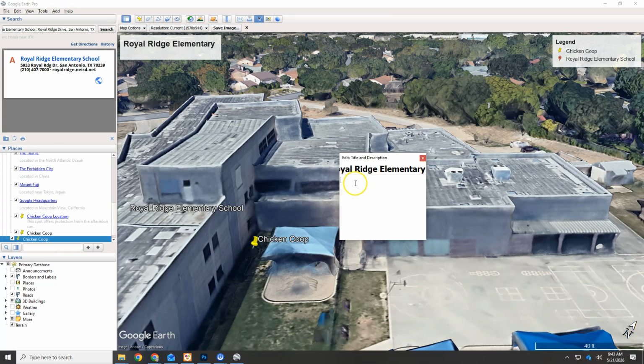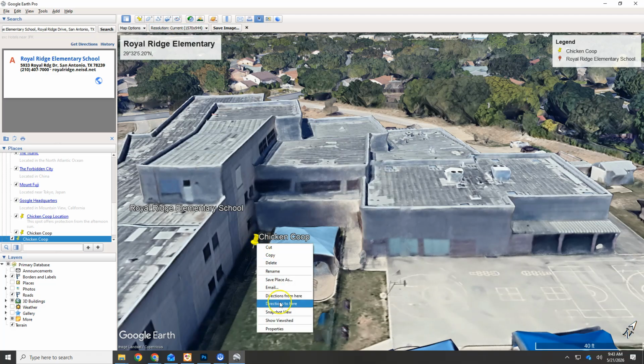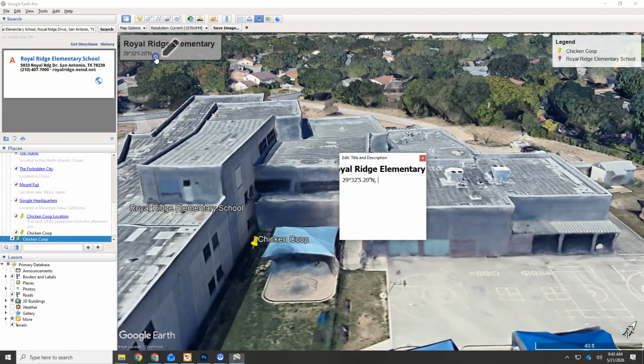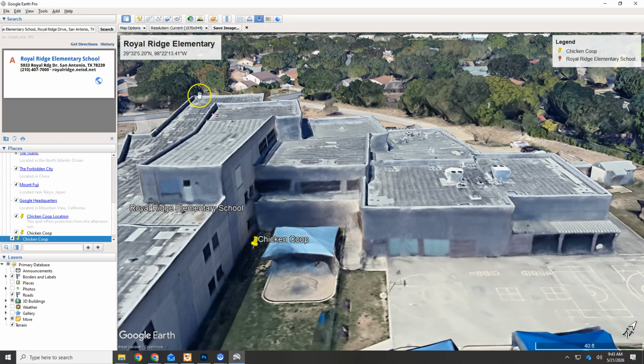And this is going to be where we are going to put our latitude and longitude. Since I copied it earlier, I can paste. And I just need that second one. To get back to those, you can right-click on the place marker and go to Properties. So we can copy that. Go back up here and paste. So we have the exact latitude and longitude for that position in the shade for Royal Ridge Elementary School, with